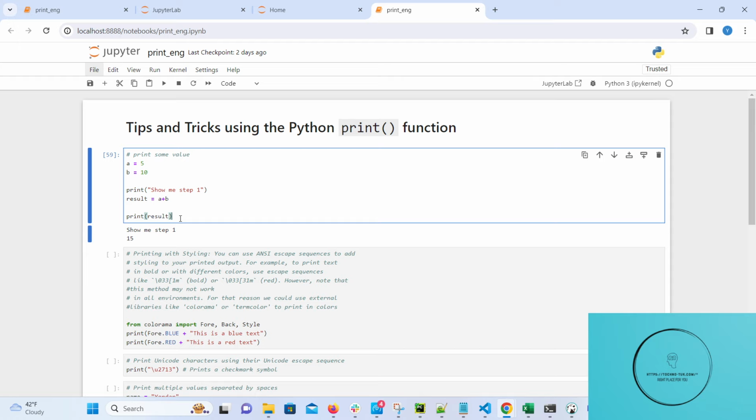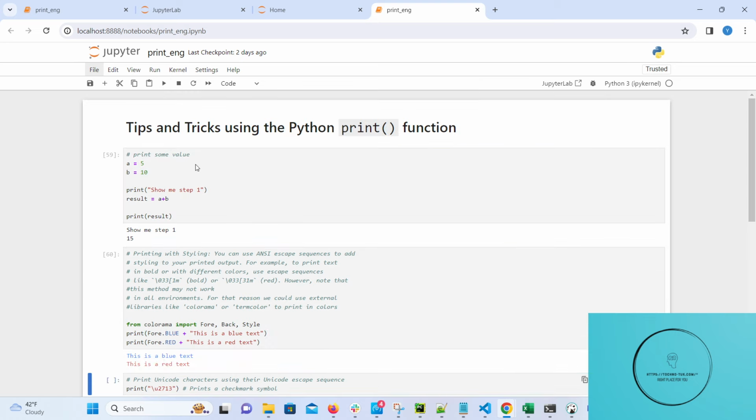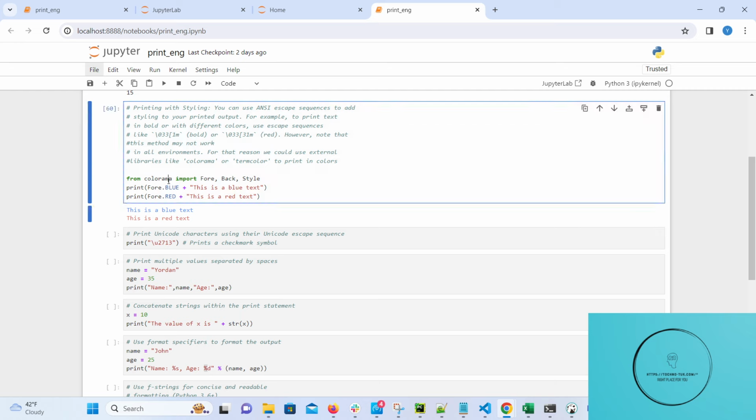And now let's go across our tips and tricks here. The first one of them is, if we want to mark our text with different colors, we could use an extra library. In our case, this library is Colorama, which will mark our first print text with blue color and the second with red one. Why and how? Why could we use that actually?